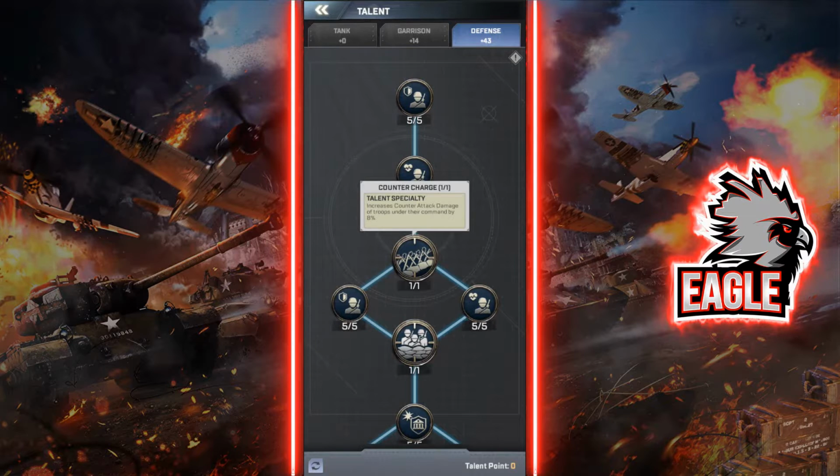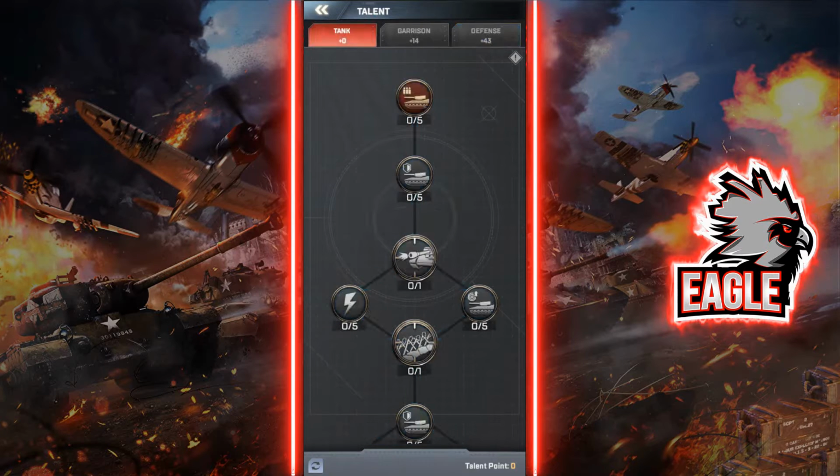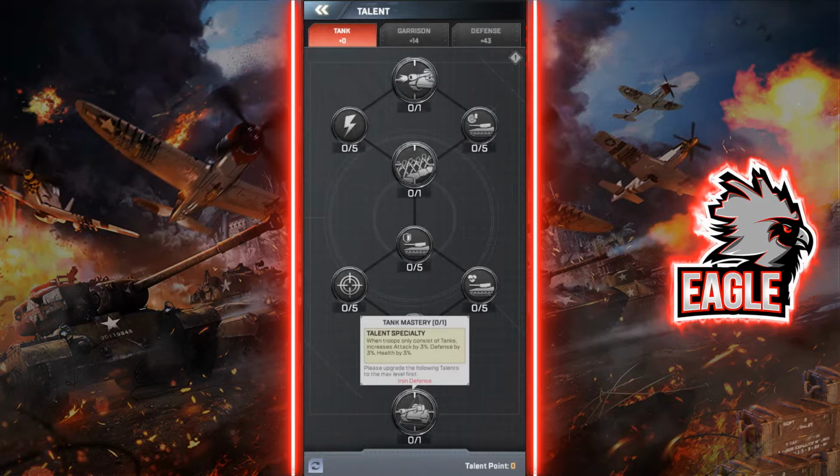Because this way, she would be dealing 88% counter attack damage, which I think is pretty solid due to the fact that you would be dealing almost the same amount of damage as you are doing to your normal attack damage to the main March that is attacking you. So what I would do after maxing out the tank tree all the way over here to tank mastery,